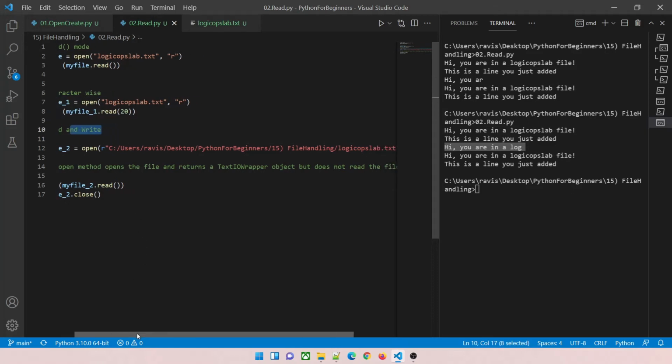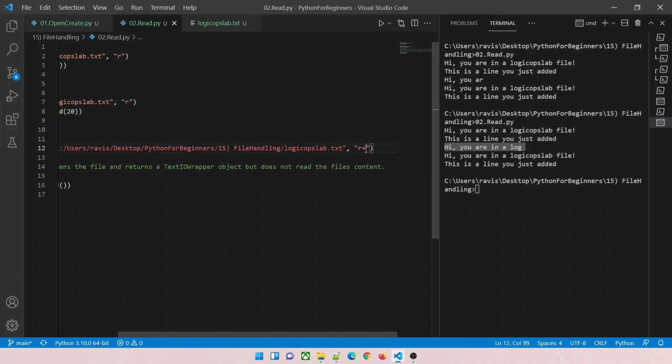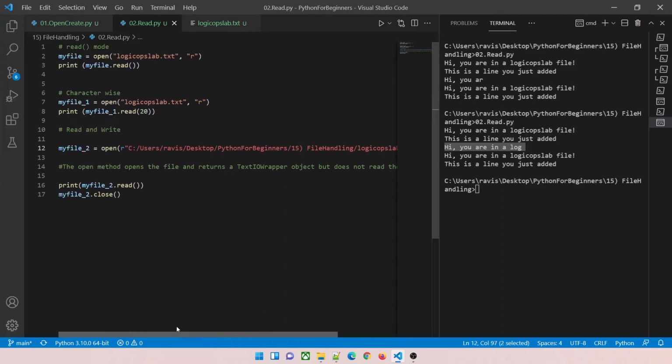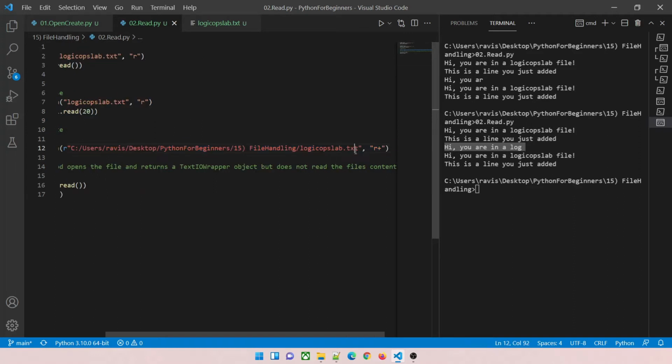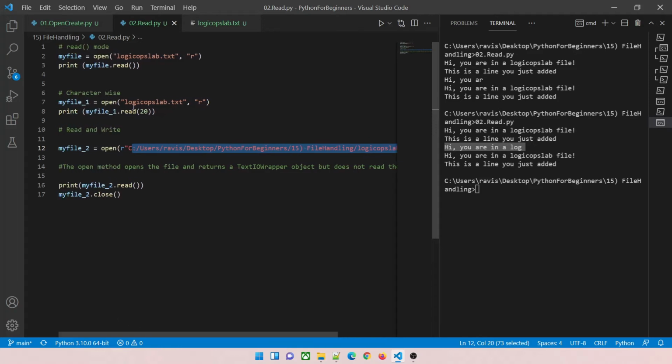Now in this read and write, you can see the whole program. We are doing r+ over here because we are doing two operations. Now this is the path where my program is present. You can give the absolute path, and here I'm not giving any absolute path because the file is present in this folder, so I don't have to give the path. But you can give the path, and make sure that you are using /, because otherwise it would be a problem for you guys. So this is how you do it.